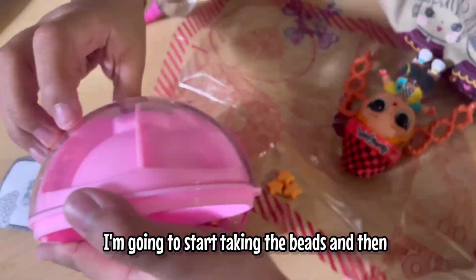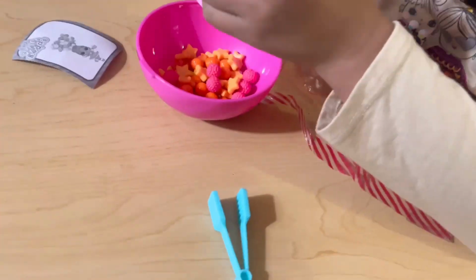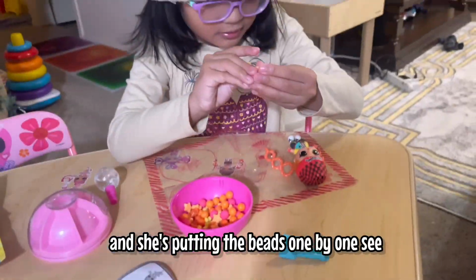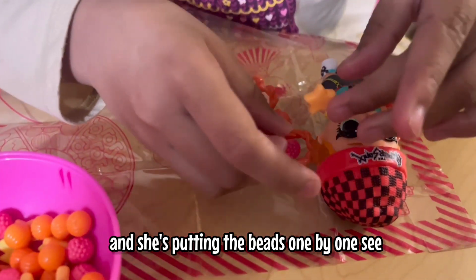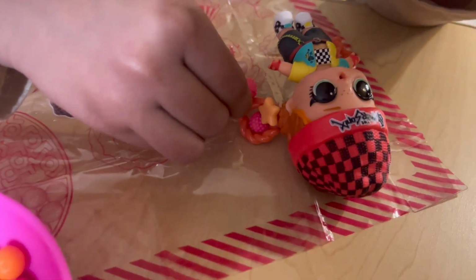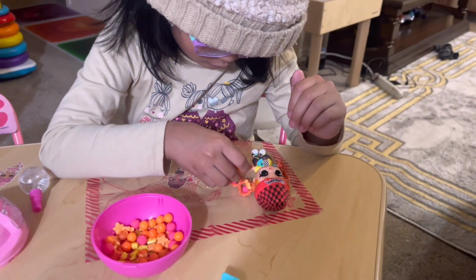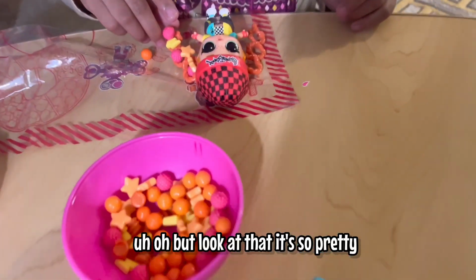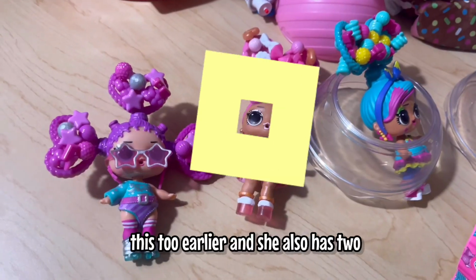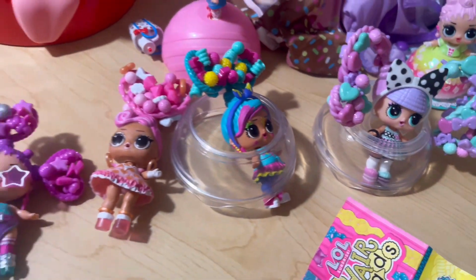And I shall take the beads. And then I shall put them to the doll's hair. Anna's now looking at her pattern. And she's putting the beads one by one. See? Pew, pew. Good job, Anna. Yay. Uh-oh. But look at that. It's so pretty. There's 2 earlier, and she also has 2. Look at that. She got